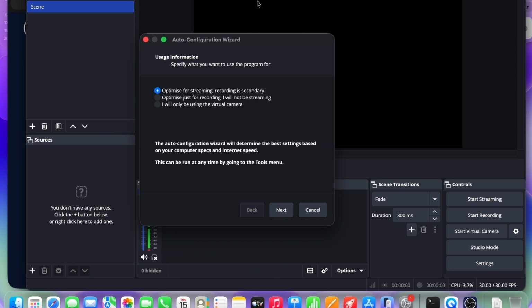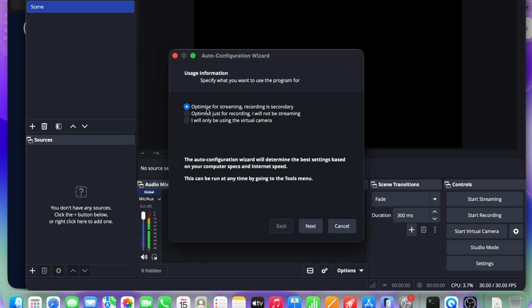We'll be getting the OBS interface like this. Here we will be getting the configuration. First it's saying optimize for streaming, next is optimize for recording, and final one is only using the virtual camera. In my case, my necessity is recording, so I will select that. Choose the one that suits you over here. After selecting the necessary one, just select next,